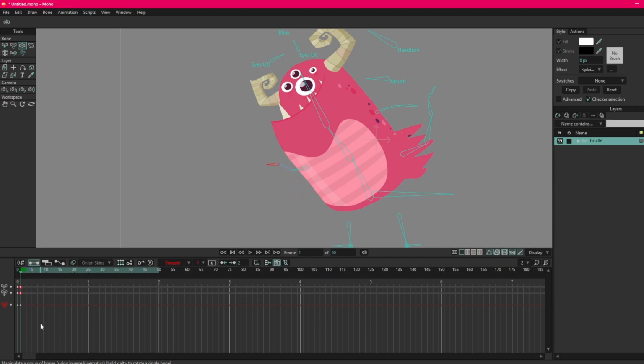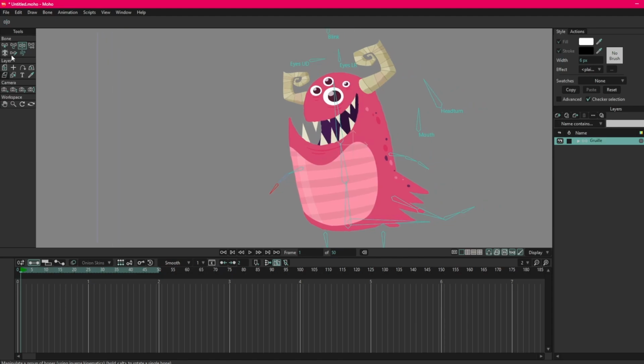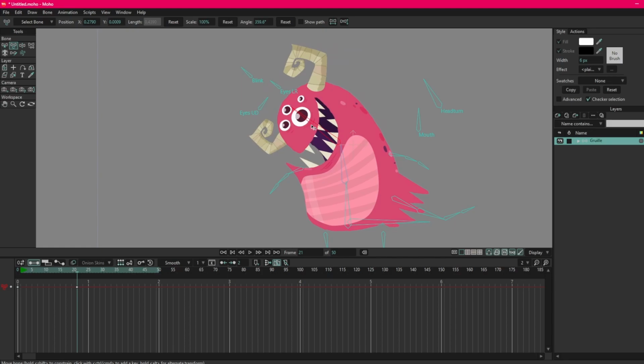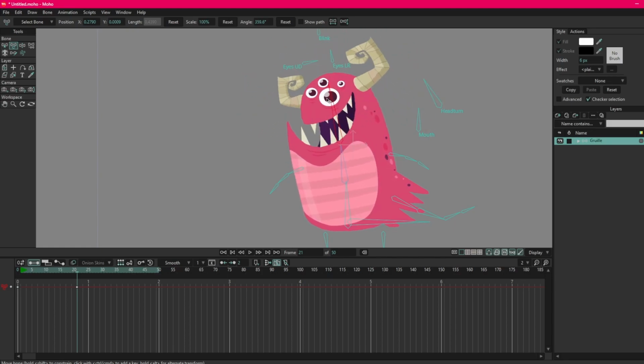So for now, I'm just going to delete this key. We're going to use transform bone. It's my favorite. I'll show you why. Now with this tool, I have way more control. And I'm going to move out onto the timeline now so I can show you this a little bit easier. I want you to keep your eye down here. When I move something with this tool,